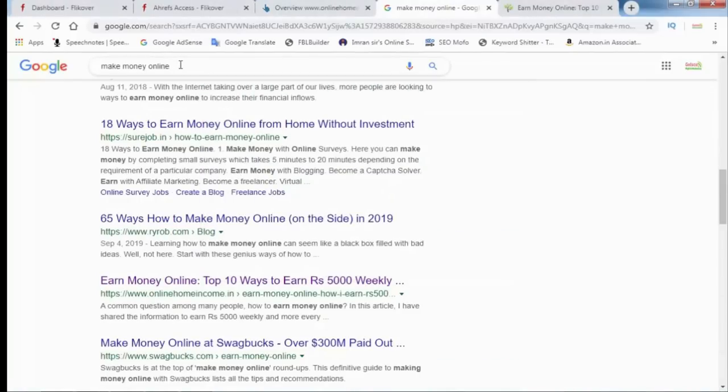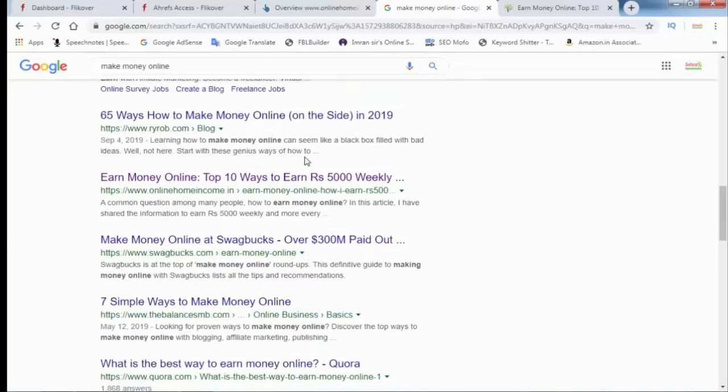We need to target this keyword and send traffic on it, and tell them our website name is this one, and they need to search this keyword on Google, and on the first page they will find our website name, and then enter our website from the search engine. This is the first step. That's called a ready website for the black hat technique.